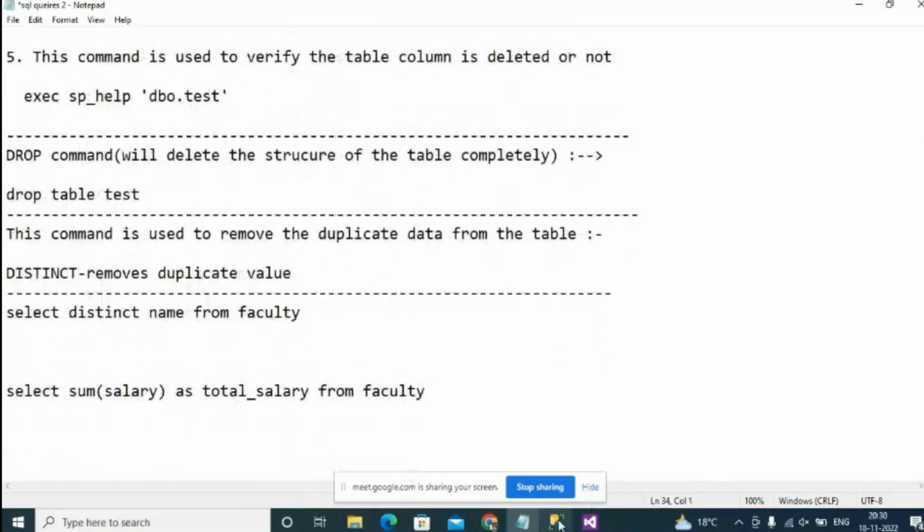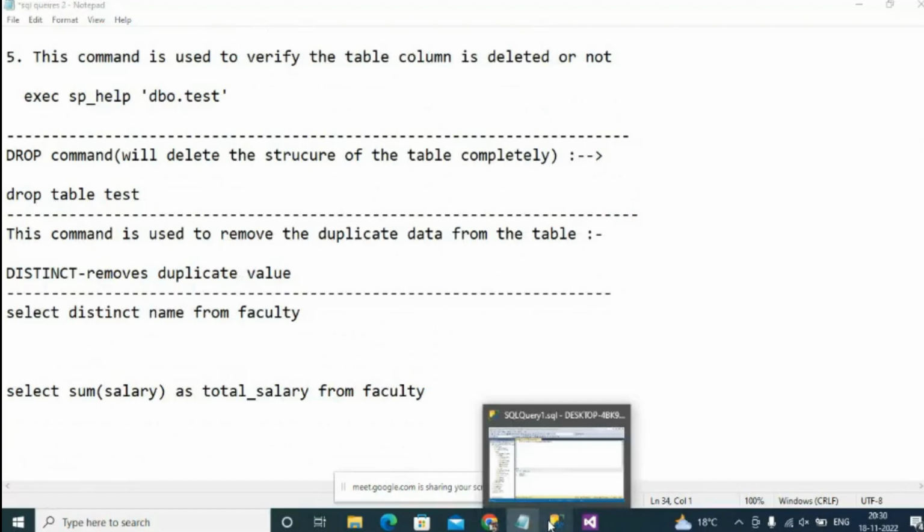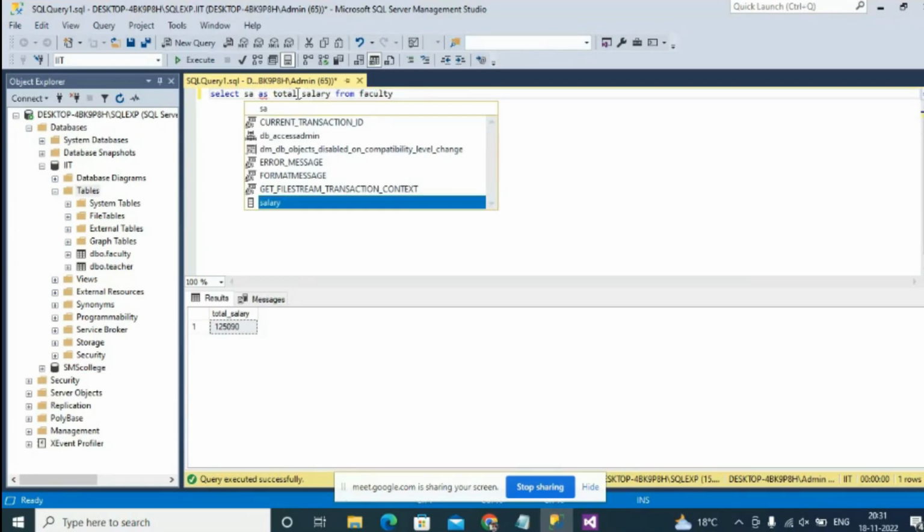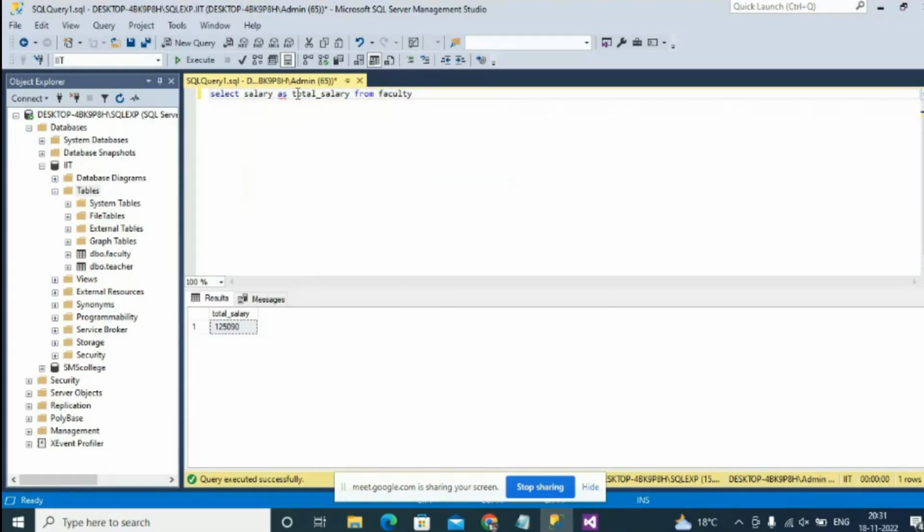Another way is, suppose your company says that we need to increase everyone's salary, means we need to give a bonus to every employee in the form of 5,000 rupees this festive season. So what will you do? You will calculate it for that. You will put the salary plus 5,000 as